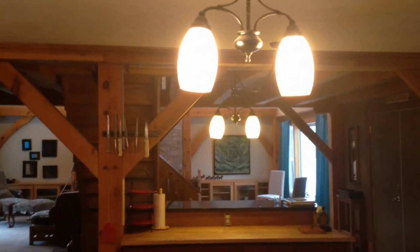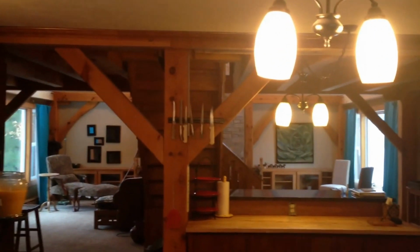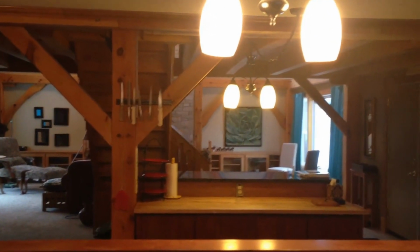So that's the main level. And then we're going to go down to the second level in a minute. I'm standing in the dining room now. So you can see here's where the dining room table was and so on. And as we look around, now I'm looking through that opening that we were in the kitchen looking back. And you can see all the way through. So from the dining room to the kitchen to the family room or living room or great room, whatever you want to call it. And I will go down the steps, and as you can see again, all